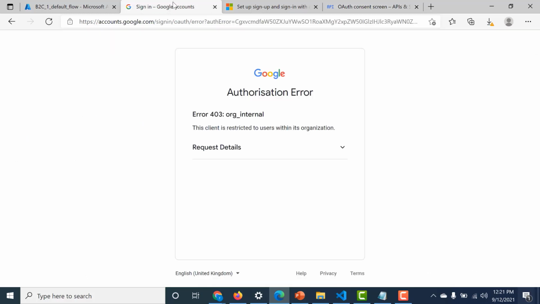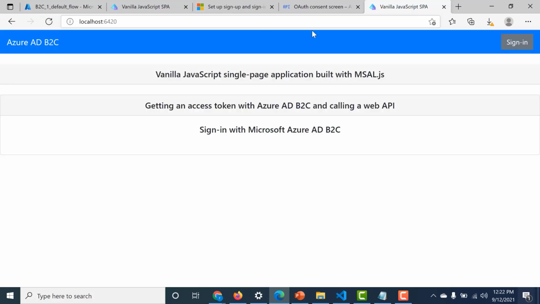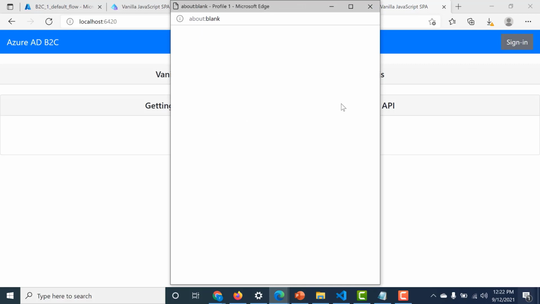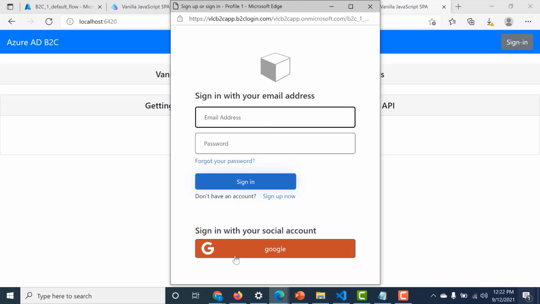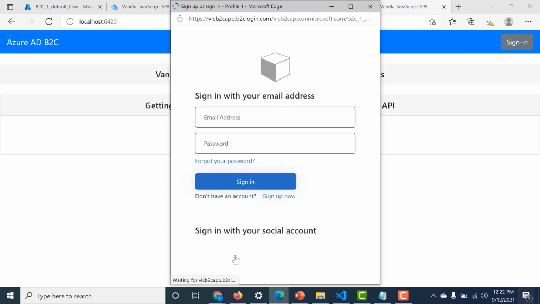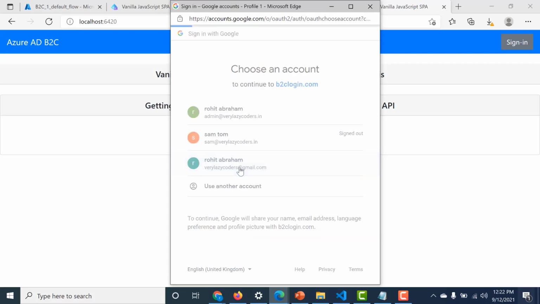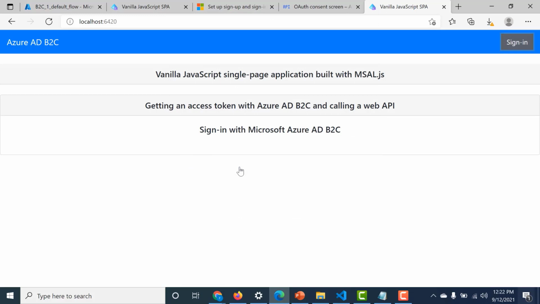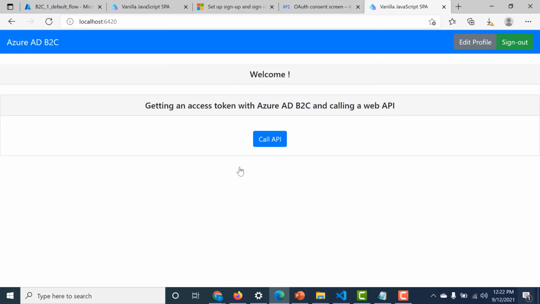Okay, so let's try to log in again. Let's click on sign in again. And now you can see that I was able to log in using my Google account.